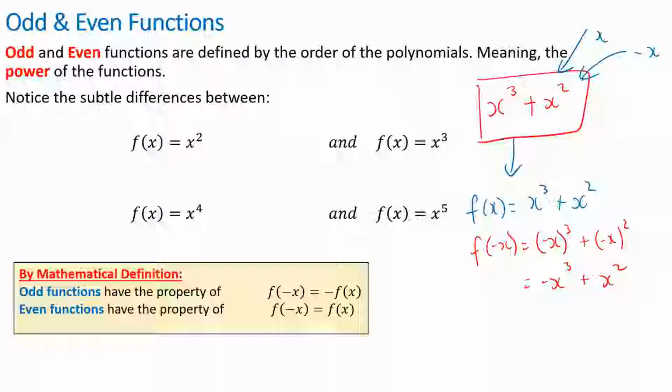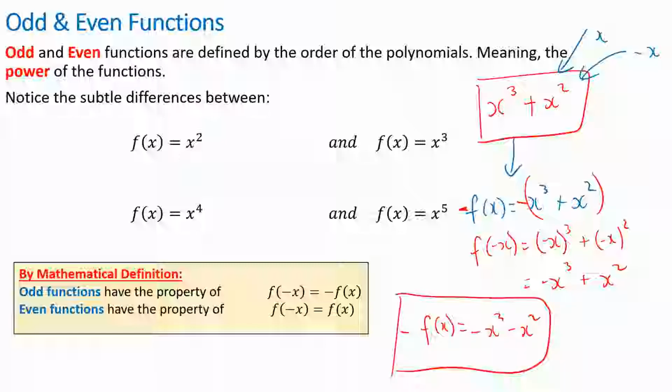If it's an odd function, apparently this red one should be the negative of the blue. So it's like negative of f of x. Now, if I put a negative in front of f of x, that means I'm saying put all of this as a negative. So negative of f of x should be the same thing as saying negative of x cubed and negative of x squared. So if you compare this now, negative x cubed and minus x squared,